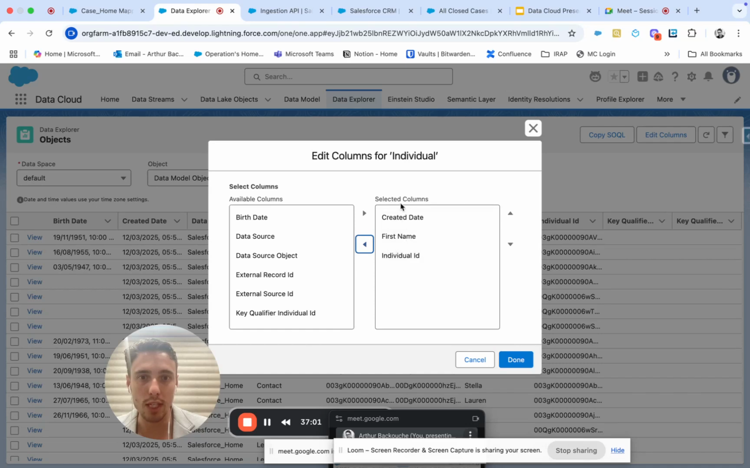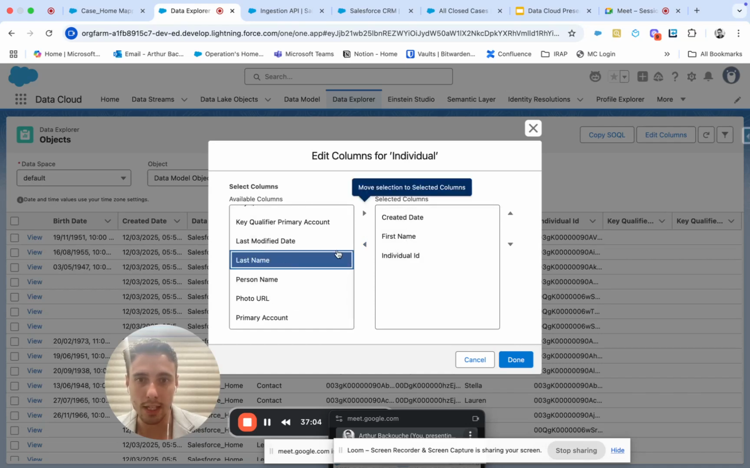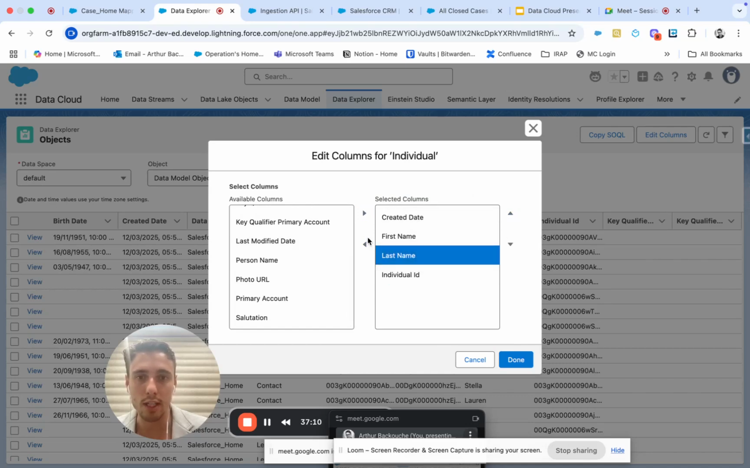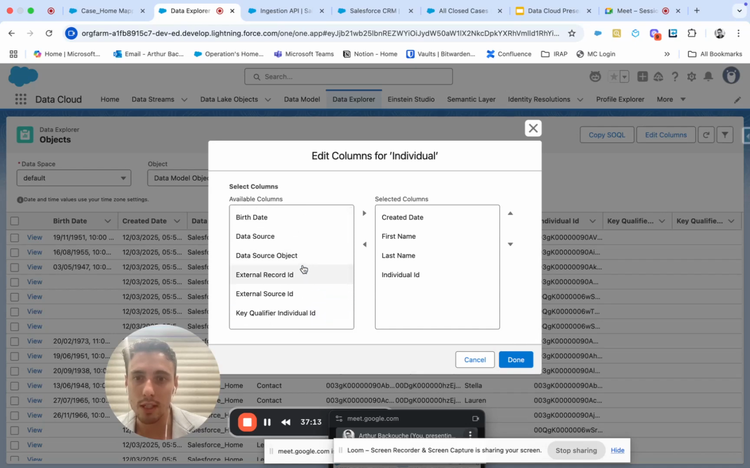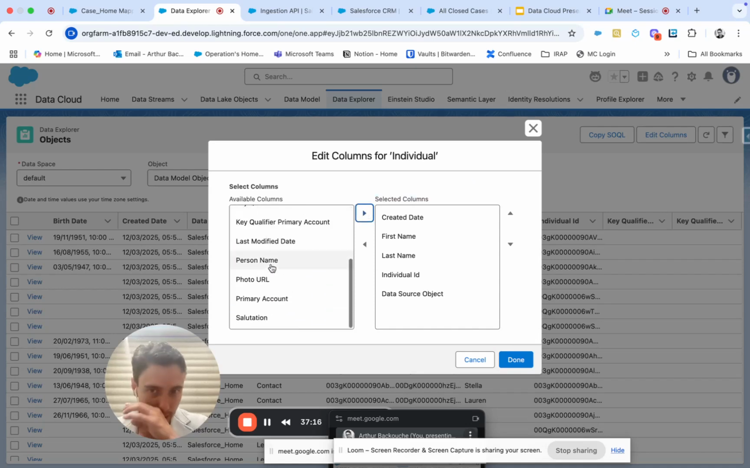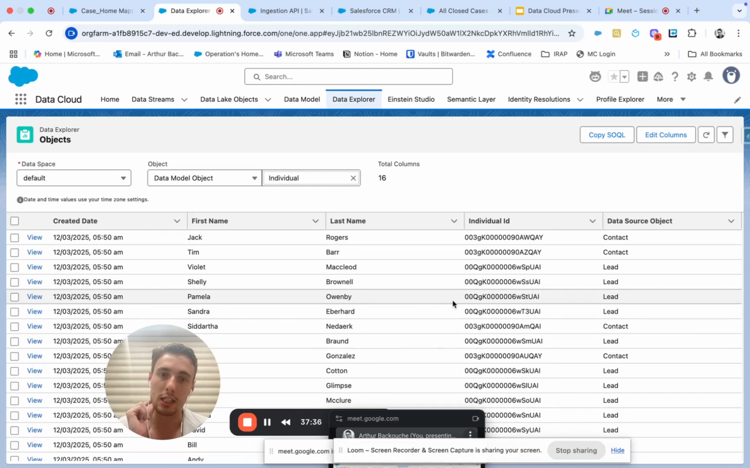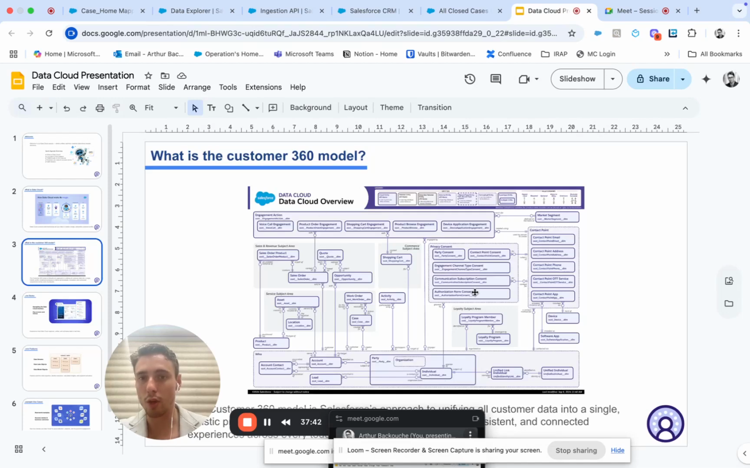And here we will come to select the last name. Okay, first name, last name, individual ID, created date, and we will be interested in the source, the data source object. I click done, and here, as you can see, all the leads that we imported from Salesforce CRM, Sales Cloud, from the lead object, are in fact in the individual object, if you are looking for first name, last name information, because we have mapped it to our Customer 360